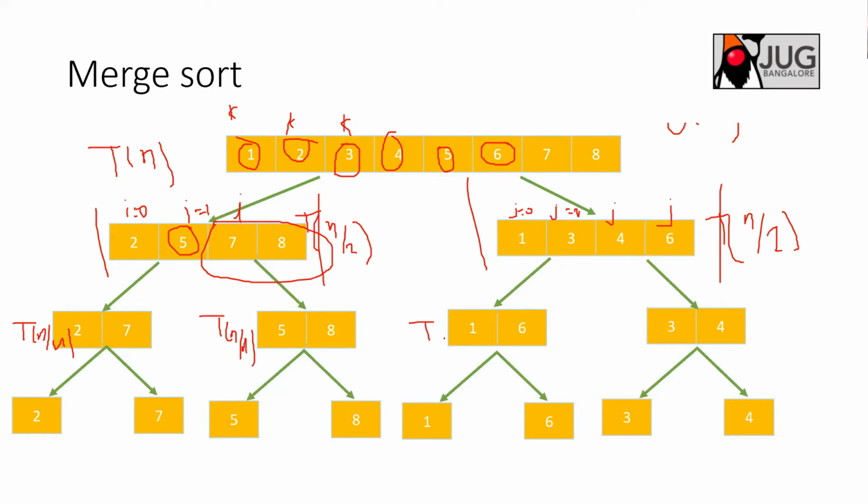So same for here. Sorry, I'm writing with the mouse. Okay, and this is for the second. This is the first iteration. In the third iteration, what you need to do is the same for T of n by 8, right? So if you see, it is growing logarithmically. First you did n by 2, second you did n by 4, and third iteration you did n by 8.